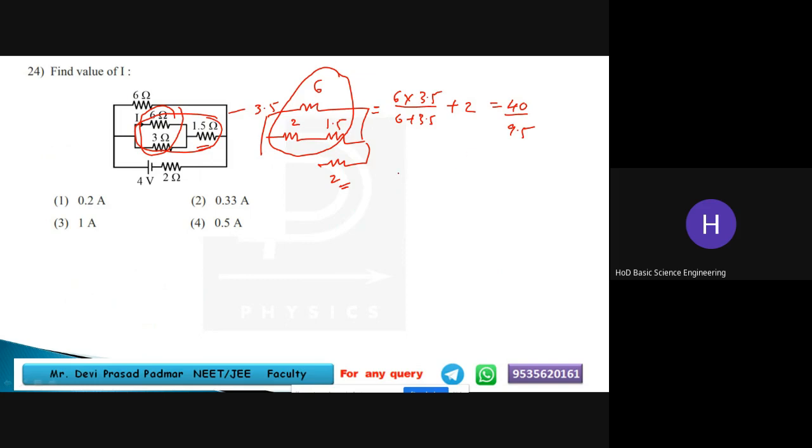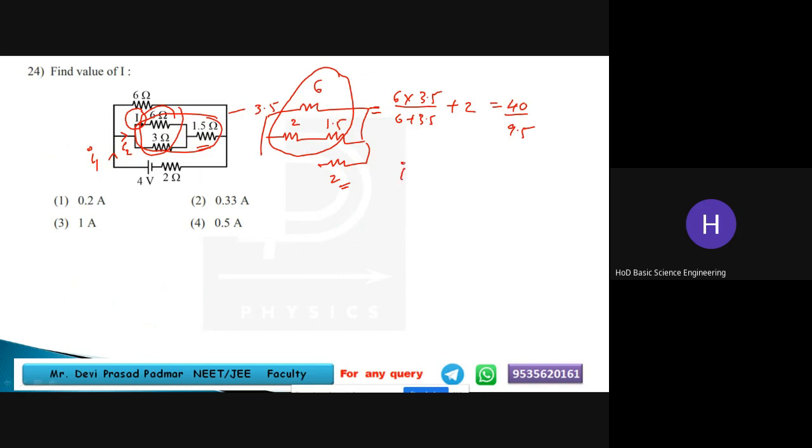So we can calculate this particular current, right? Next you have to apply the branch current concept. Okay, what is the question actually? What is I? Here is I you have to calculate. So first you need to get the total current. Let us consider this one as I1 here. Let it be I1, and this is I2. So I1 is the total current.